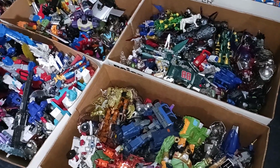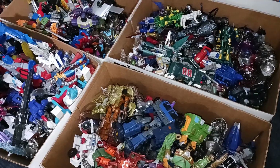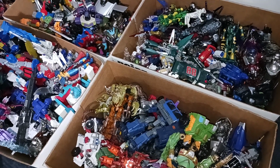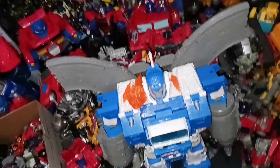Sometimes for a video I have to pull an old one off the shelf, or just take an old one and do a comparison. And sometimes the old ones end up in these boxes as well. It's just the most convenient thing for me. Especially since not only do I have these boxes, but I also have this assortment on the floor that are